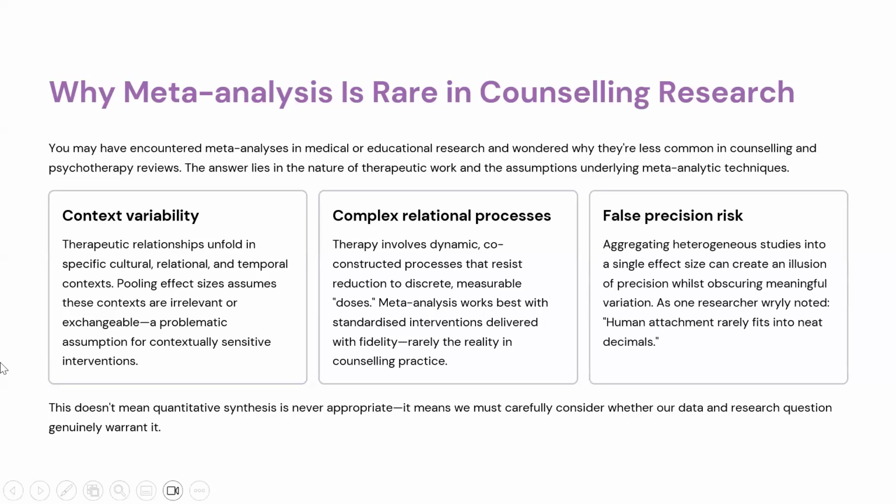And then finally, there's the false precision risk. Aggregating heterogeneous studies into a single effect size can create an illusion of precision while obscuring meaningful variation. In other words, when you have a body of research that has been done using various methodologies, in various different contexts, with various different demographics, under various different circumstances, trying to reduce all of that into a single coherent narrative using, for example, quantitative data is at best